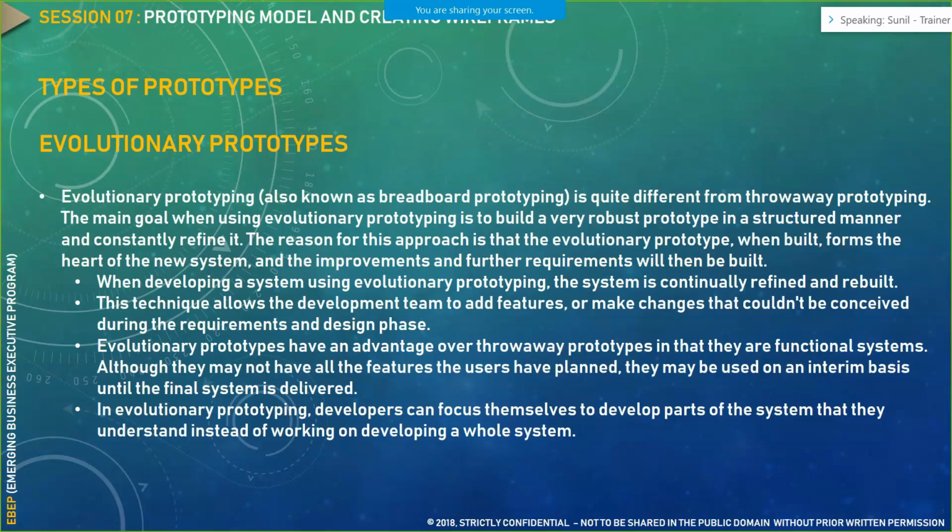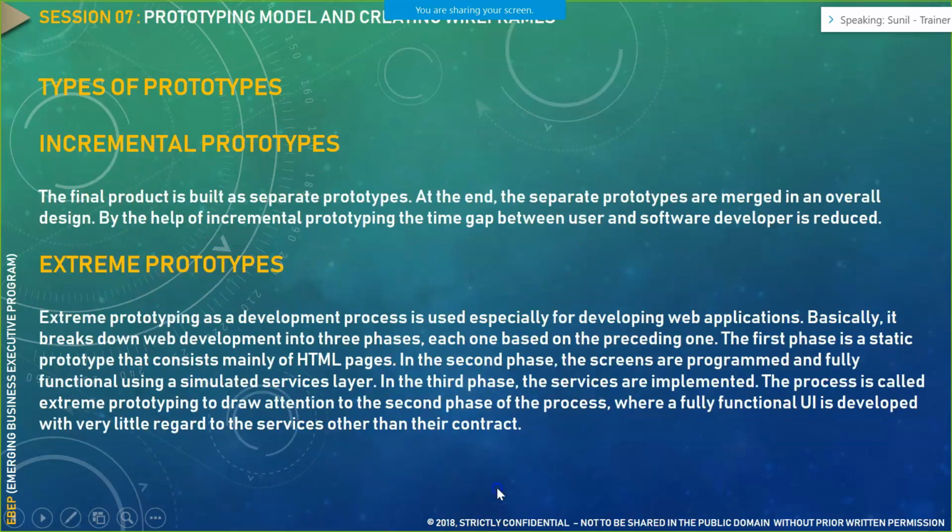GUI based aspect, why? Because ultimately whatever feedback you would be getting via throwaway prototype or via that GUI itself, the prototype itself would be evolving depending on the customer's feedback. So that's the third category of prototype.